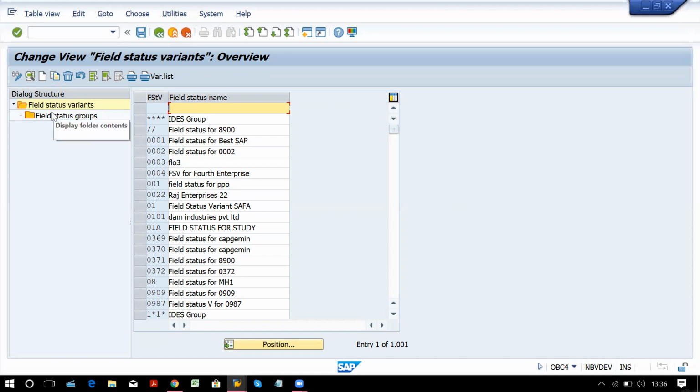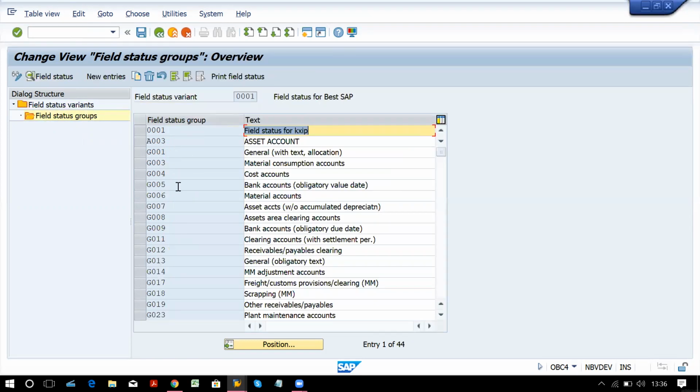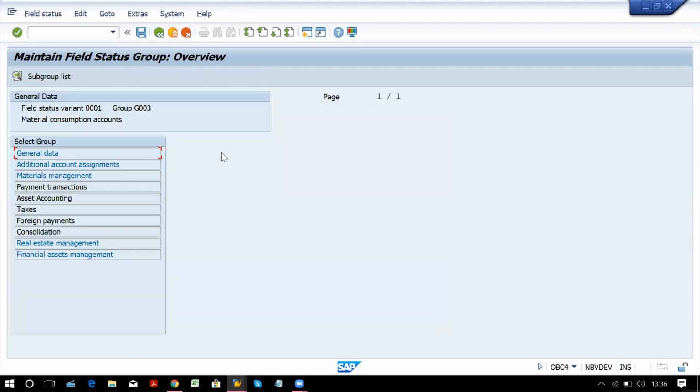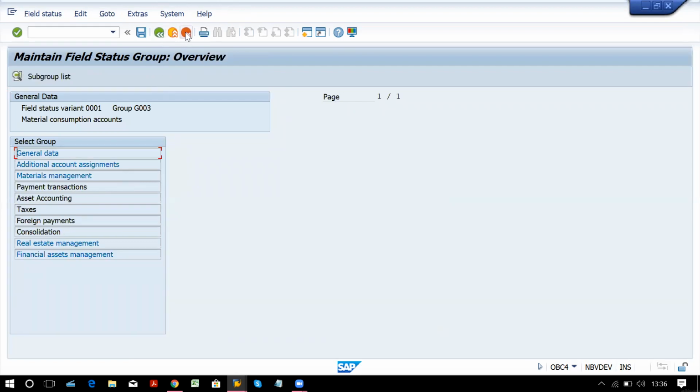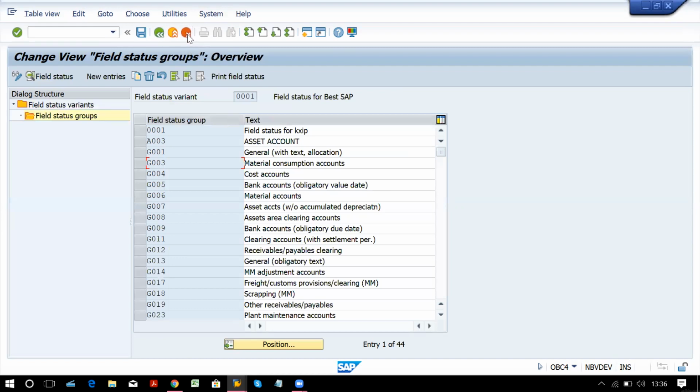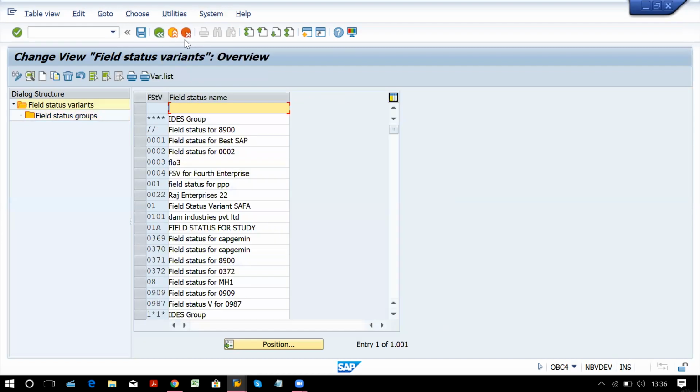Yesterday we started with GL account creations. We are going to create a few more GL accounts today. I just created one GL account and a few more we are going to create. Each of these groups, whenever you enter here, one of the groups you have to assign to one GL account. So these groups we have to assign to GL accounts. Now we are starting with FS00. Then I will let you know where to assign and what.